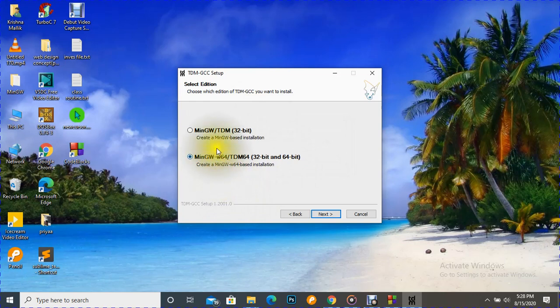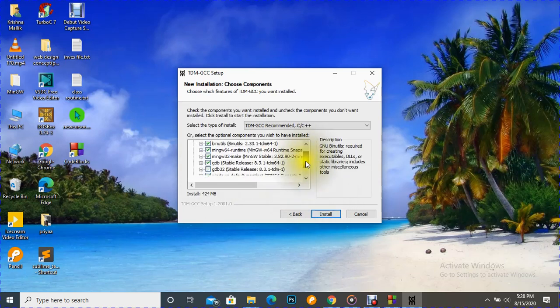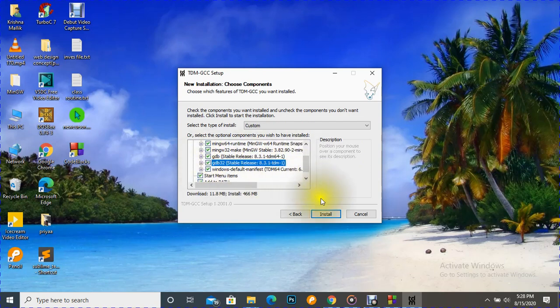Which one you want to go for, just click that one. If you want to go for the 32-bit installation, we have to click this one. If we want to go for the MinGW-w64 64-bit plus 32-bit installation, we have to go for this. Click next and give the directory here. It is a must, where you are going to install. And I recommend that you install this TDM GCC compiler inside the C drive. Click next, and after that also check out this GDB32 and click add to path. Just make sure that all are checked.